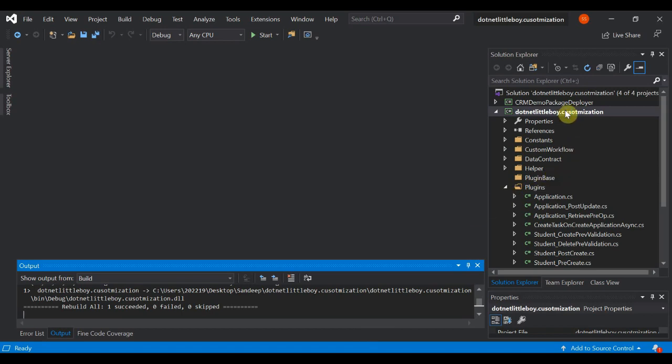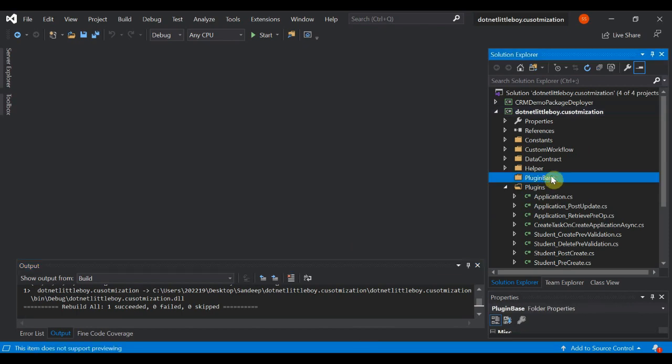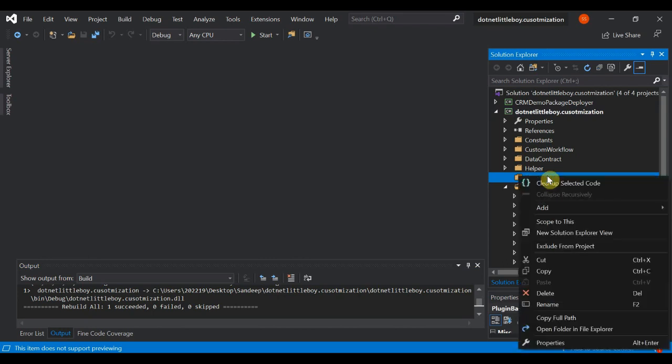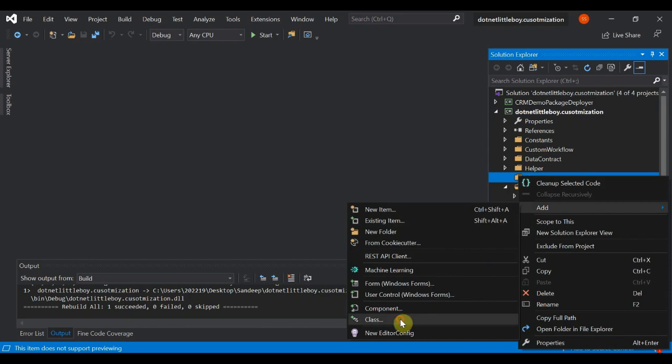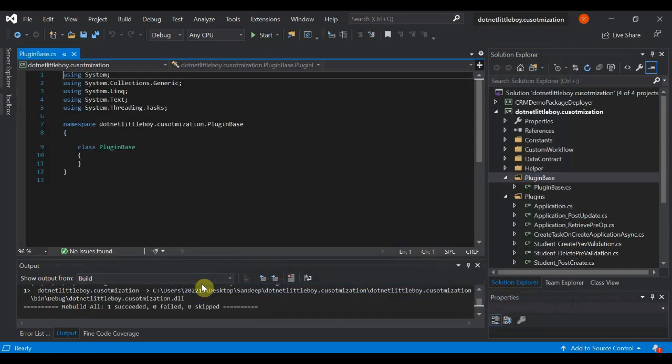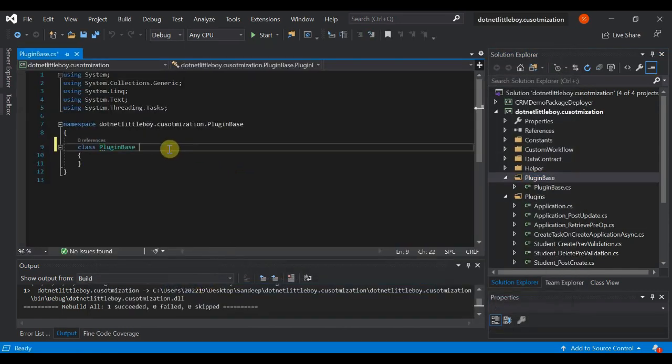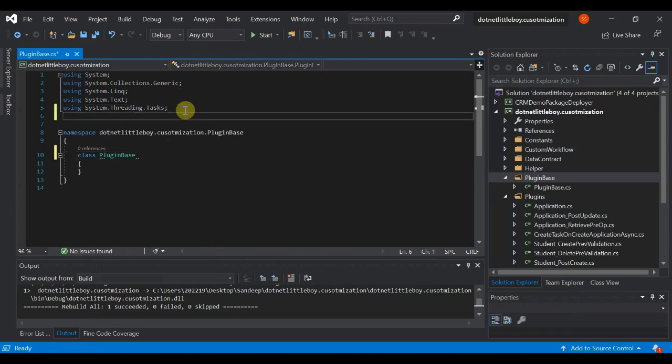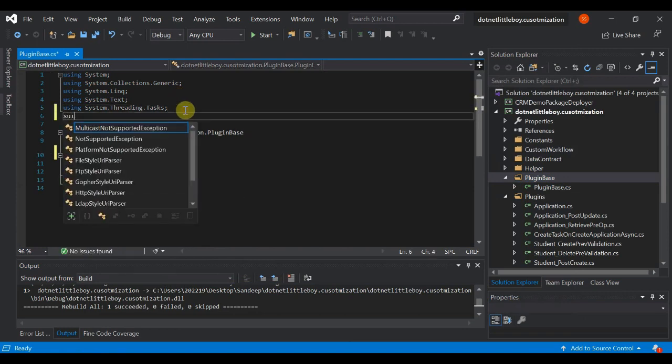So here, this is my solution which we developed in the last plugin videos. I have created one folder here, plugin base, and inside the plugin base I will be writing all my basic functions which can be used in my derived classes. So let me add a new file here and name it PluginBase. Inside that I will be implementing my IPlugin interface. Before that I have to use some namespaces. So using,